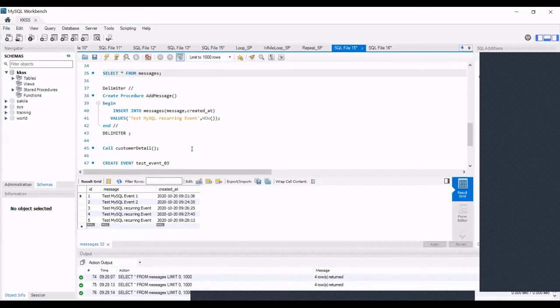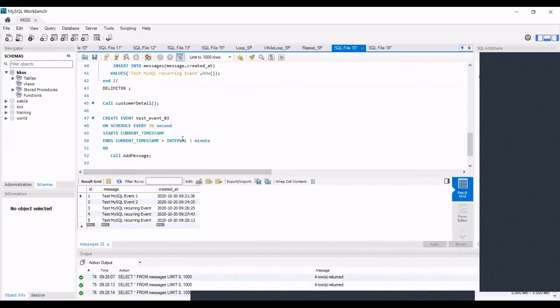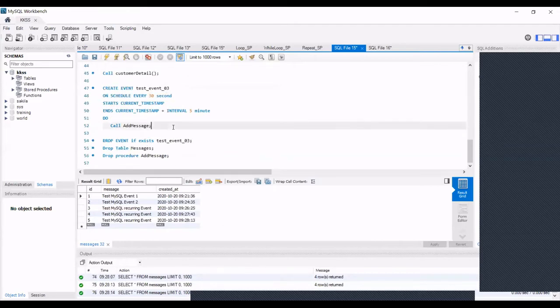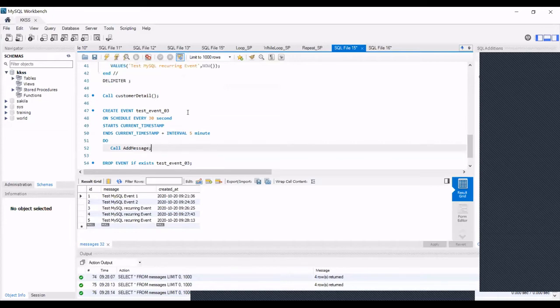We have the next record, and it will continue till the 5 minutes are over. So it will continue till 9:30 to 43. We'll have our last record. Okay, this was the way by which you can schedule any event or any query. In the DO command, you can call your stored procedure if you want, or you can call any query. So any doubt in creating the procedure, creating an event?